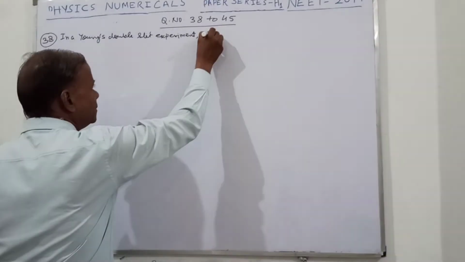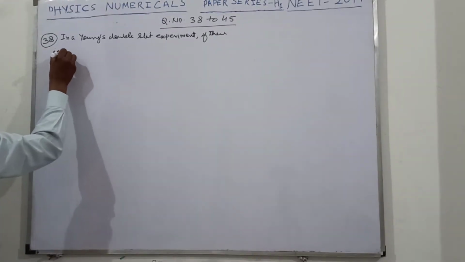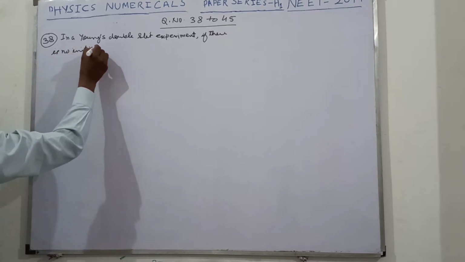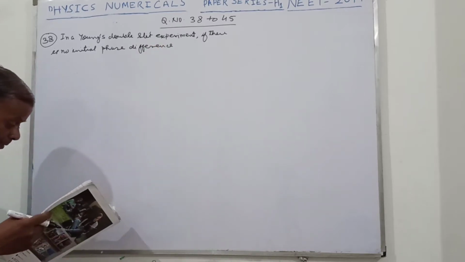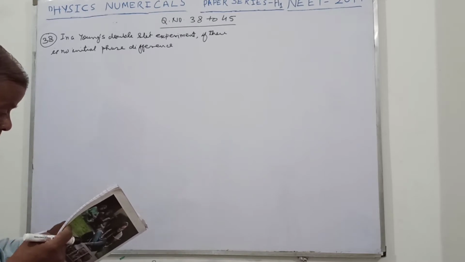Now question number 38. This is given that in a Young's double slit experiment, if there is no initial phase difference between the light from the two slits,